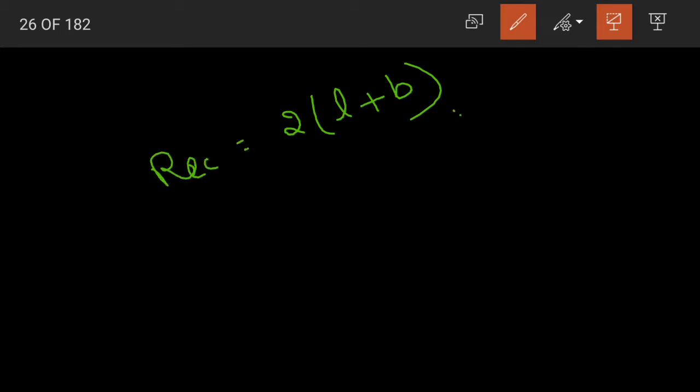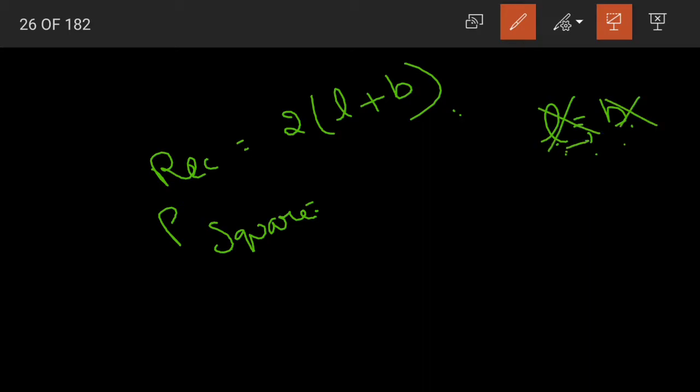So using this, what did we do? We found out the perimeter of a square. Yes, as in a square all length, breadth, everything is equal. We do not have separate lengths and breadths in the square. We only have sides. Yes or no, children? All the four sides of a square are equal.